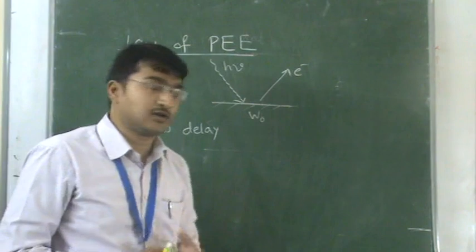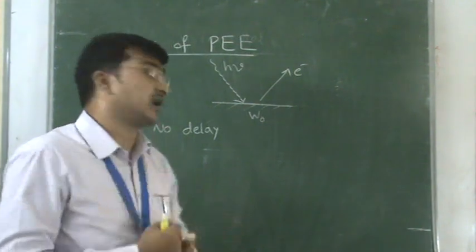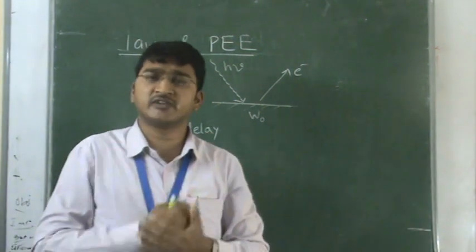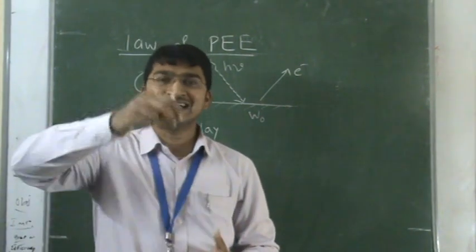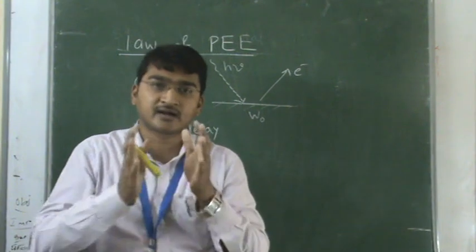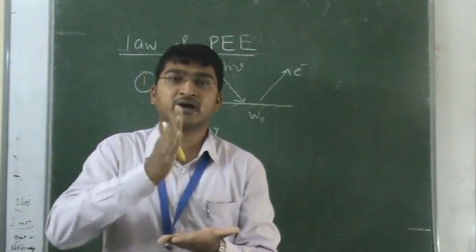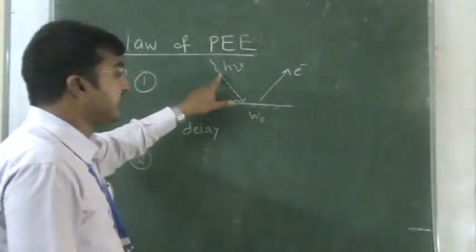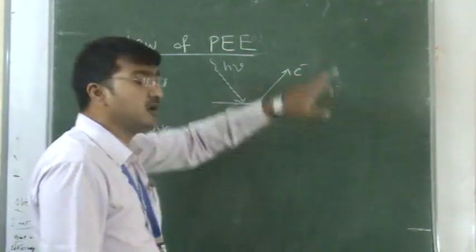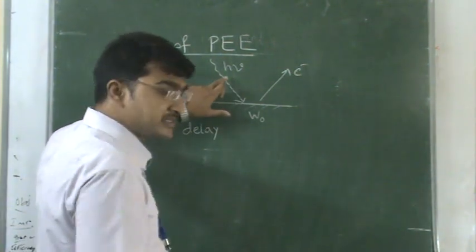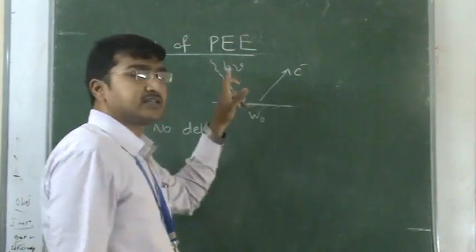Second point. When the light is incident on it, electrons will eject. How many electrons will eject? It depends upon what factors? Is it 1 electron or 2 electrons or 100 or 1000 or 1 lakh? The number of electrons ejecting from the metal surface depends completely upon the intensity of the incident light. These electrons are called photoelectrons. The number of electrons emitting every 1 second depends upon the intensity of the incident light.